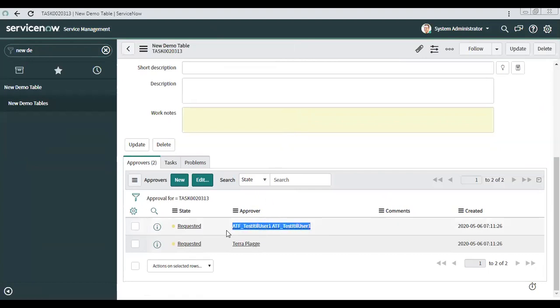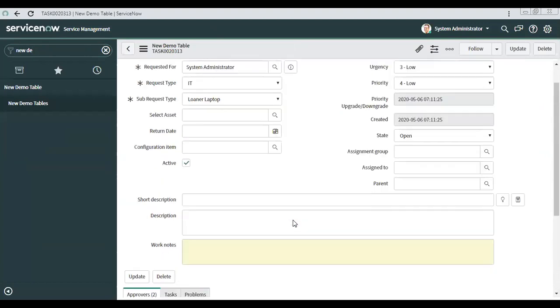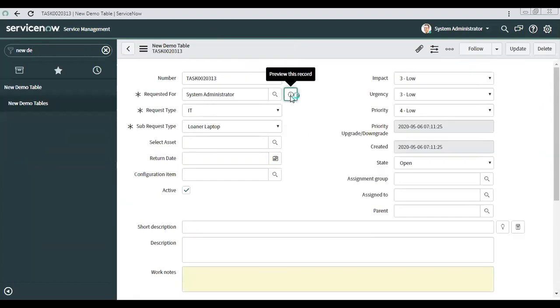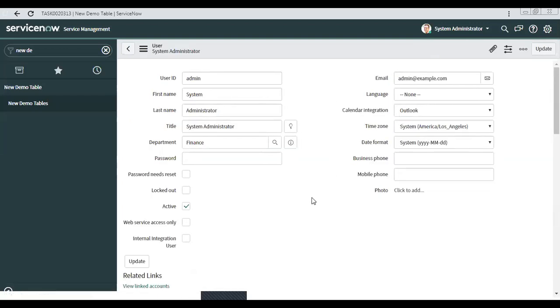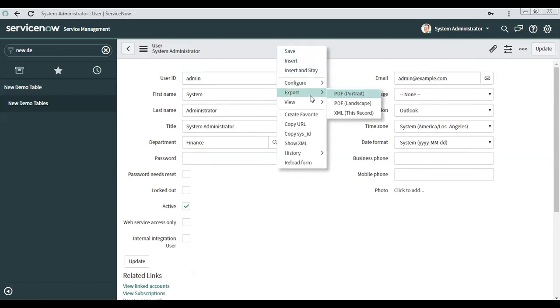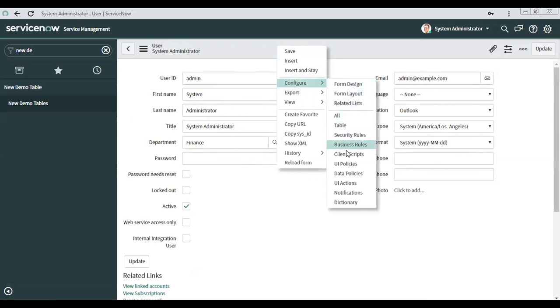So it directly went to this user and this group. It looks like it skipped the first level approval and directly went to second level approval. How come? In case of approval, you have to make sure your approver exists. If this user has no line manager, then it will skip. Okay. So I have to add the manager field here.